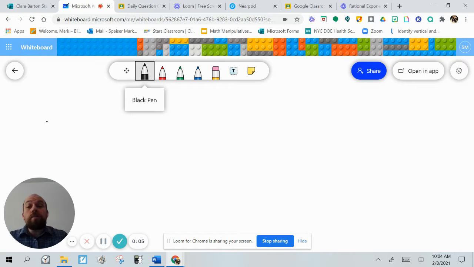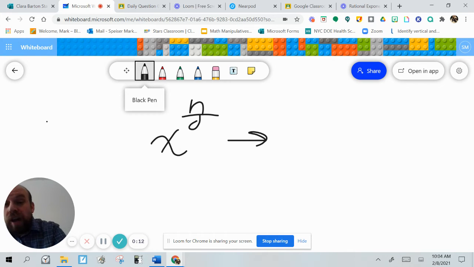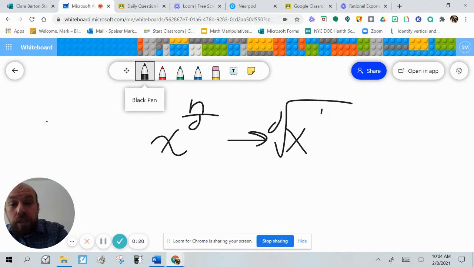This will be how to go from rational form to radical form, and radical form to rational form in powers. This is the basic rule. And using some numbers,